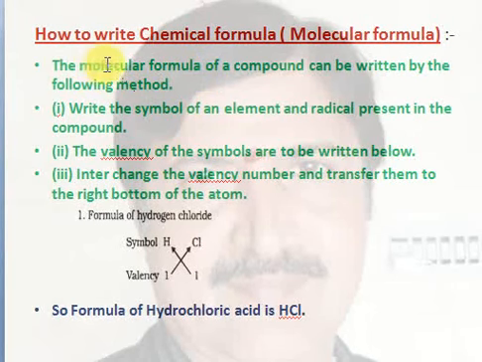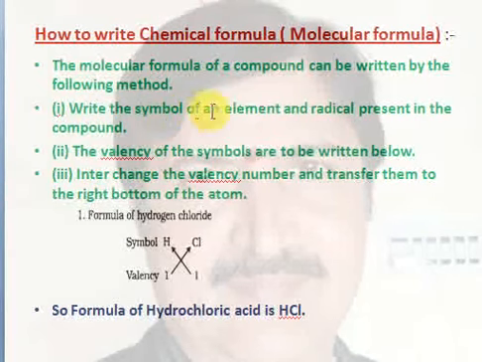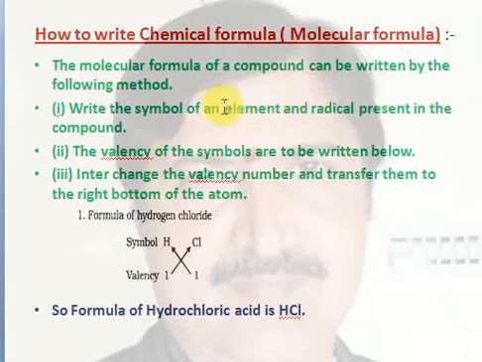To write the molecular formula of a compound, we have to have knowledge of two things. First, you have to know the symbol of the elements and the symbol of the radical, both of which you have now studied. Second, you have to keep in mind the valency of the element. Then if you interchange the valency, you will get the formula. So take for example